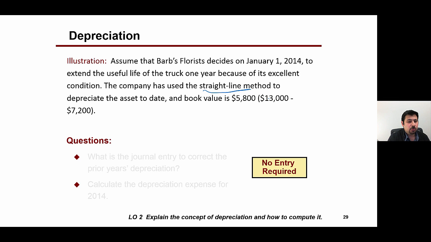So there is no journal entry needed to adjust for that. The only thing that is changed will be the amount that is reported as that is debited to depreciation expense at the end of 2014. Here,